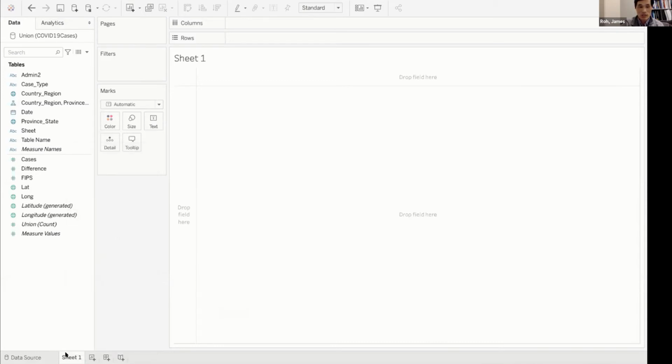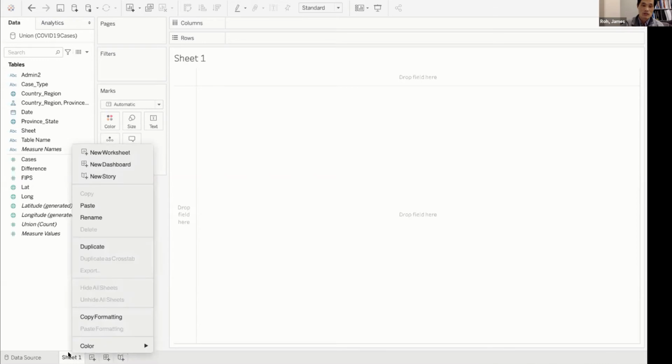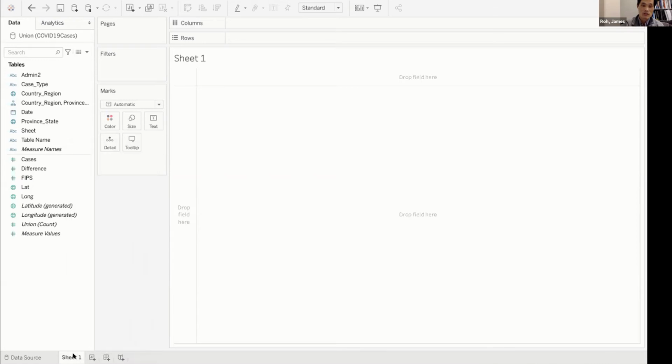So right-click on it and you can rename it to cases by day. That's the first worksheet that we are going to work on, and we are going to drag date next to